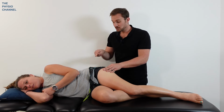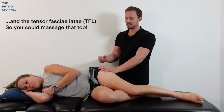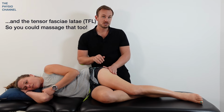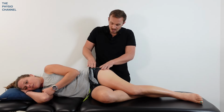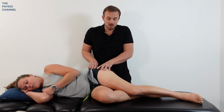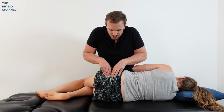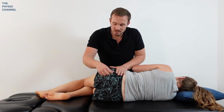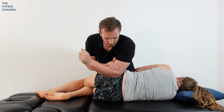The band attaches to the glutes, particularly the superior fibers of the glute max have a big influence on the tension through the band. So I'm going to turn the patient round now so you can see, but ultimately we want to get into the glutes in order to reduce some of that tension through the lateral leg. Again, you don't want to strain your fingers by trying to get in there with your fingers or with your thumbs. So if you can, use your elbow to apply the pressure